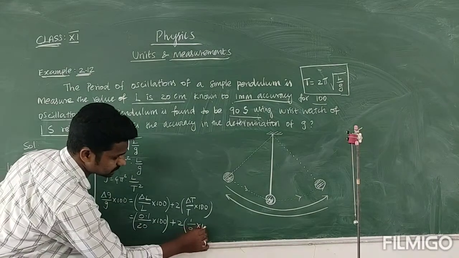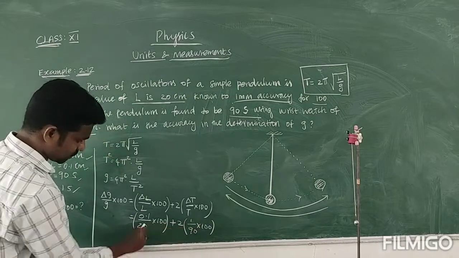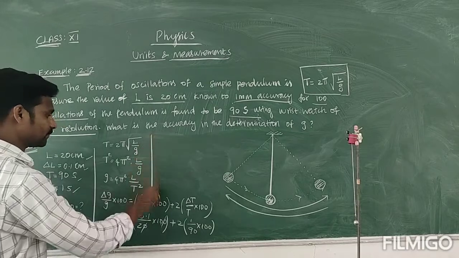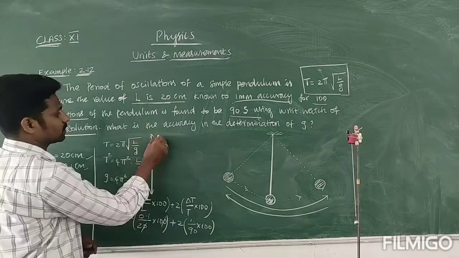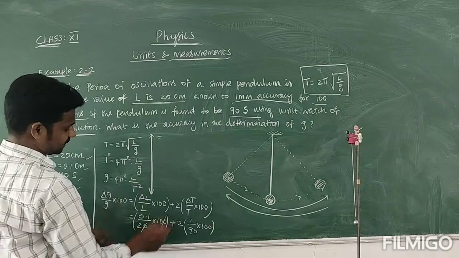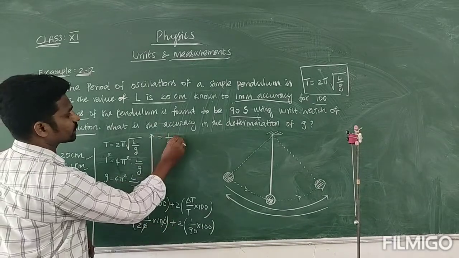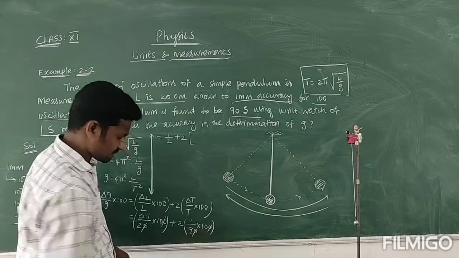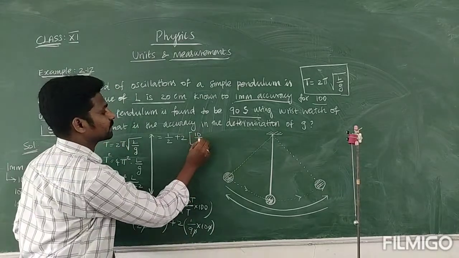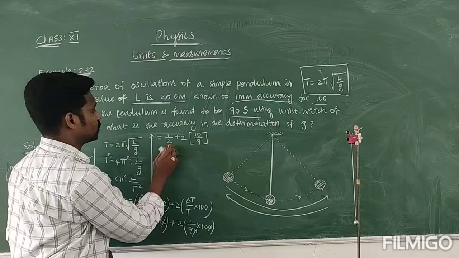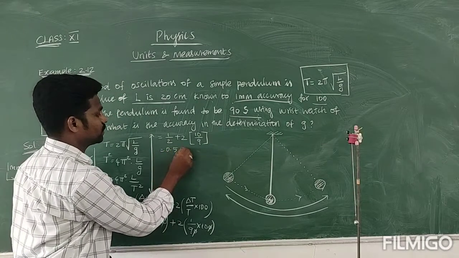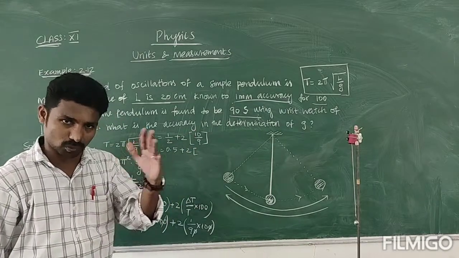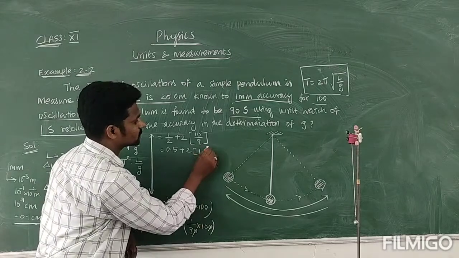So 90 into 100. Please listen students, here 0 will be cancelled. So 0.1 into 10, I can write here the remaining steps. So 0.1 into 10 we can write, that is 1. So 1 by 2 is there. Then plus 2 into, see that 0 will be cancelled, so 10 divided by 9. Therefore 1 by 2 is nothing but 0.5, plus 2 into 10 divided by 9, that is equal to 1.111 like this going. So you can write 1.11.